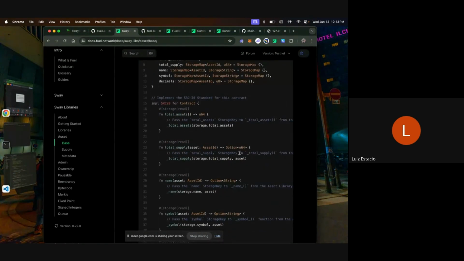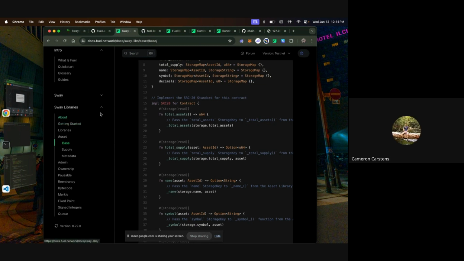I see. So the implementation from different projects may be slightly different. Yeah, like in this way, if you see it implements the interface and also uses the same utility methods that we have on the libraries, and we have these for most of the standards. Okay, got it. Thanks for the explanation.